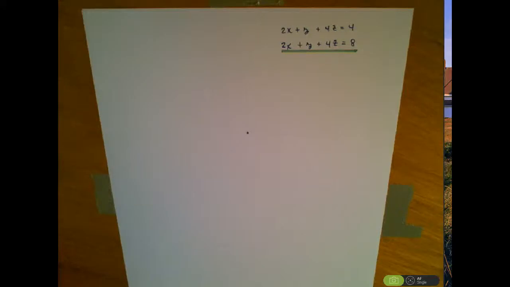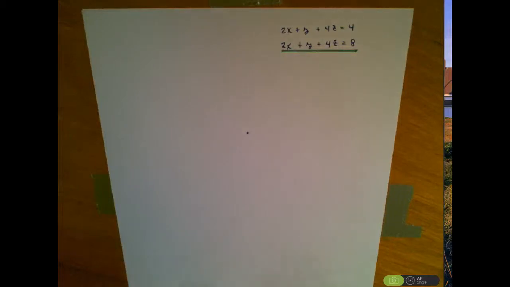We're working with systems of equations, and I thought it'd be helpful to get an idea of what 2x plus y plus 4z equals 4, and also 2x plus y plus 4z equals 8, look like, and how we would plot and show them. Now, when we have an equation of three variables, x, y, and z, we're really dealing with